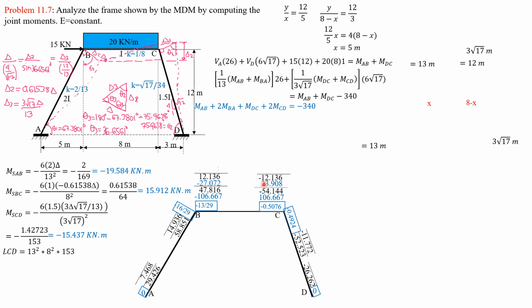Carry over negative 12.136 over 2, negative 6.068. 12.136 times 0.5, carry over here, 6.068. Half of negative 11.772, negative 5.886 lakh partially. Distribute negative 6.068 times negative 13 over 29, 2.72 lakh partially. Negative 6.068 times negative 16 over 29, that's the value, lakh partially. 6.068 times negative 0.5076, that's the value, lakh partially. 6.068 times negative 0.4924, put the value here, lakh partially.